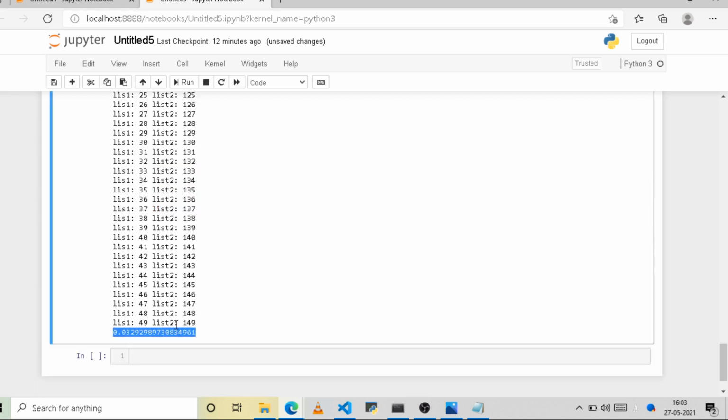If you want to get a more accurate value, what we can do is increase the size of the list, and now we'll run the code from the beginning and see how much time it takes for each method.